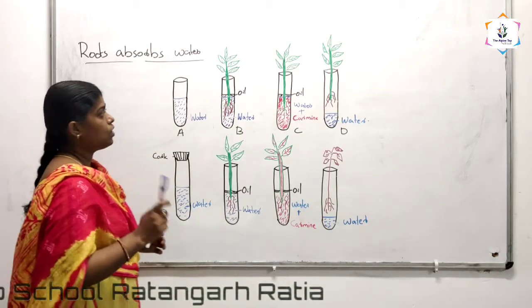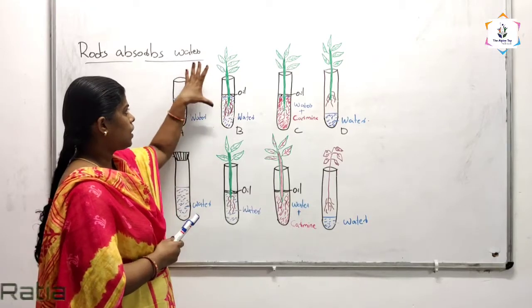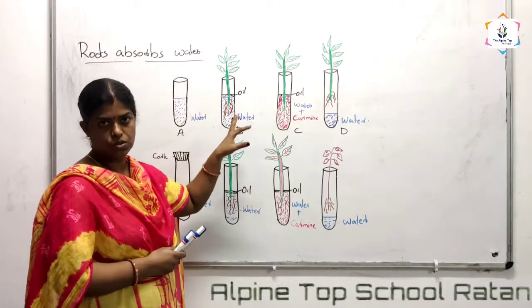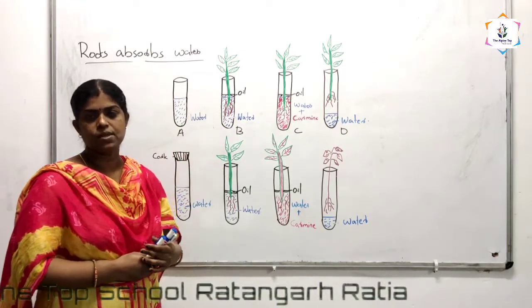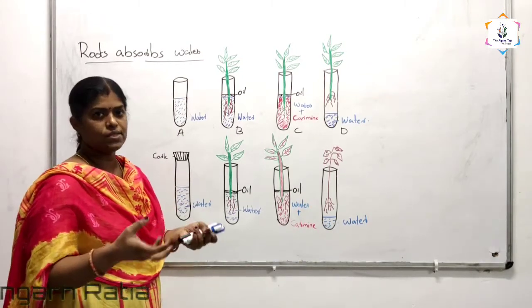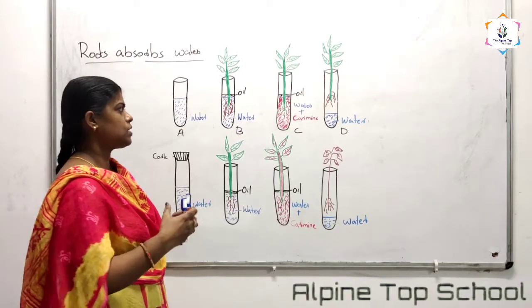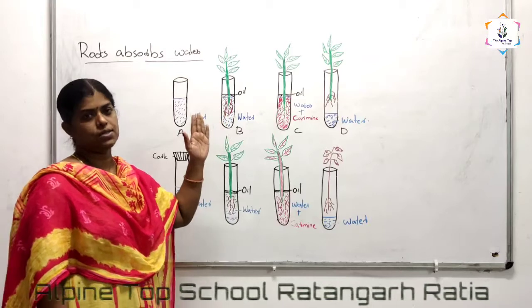And we require a balsam plant. A small sized balsam plant which has roots also, we have taken over here. And why balsam? What is the specialty of balsam? Balsam is almost a transparent plant. If there is any color change inside the stem and the leaf, we can observe it. Up to an extent it is transparent. That's why we have selected the balsam plant.